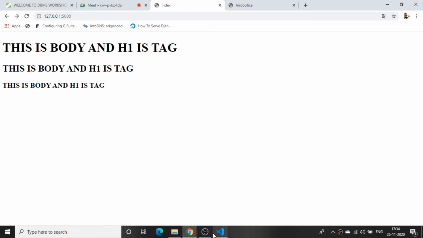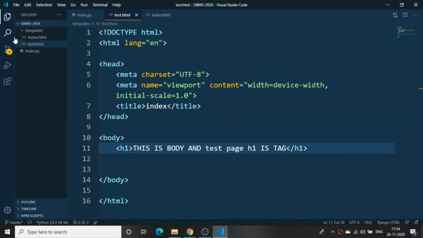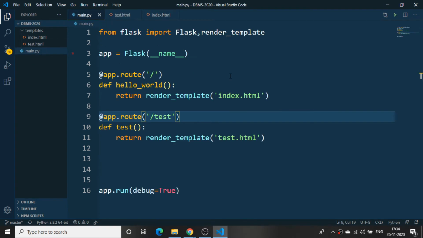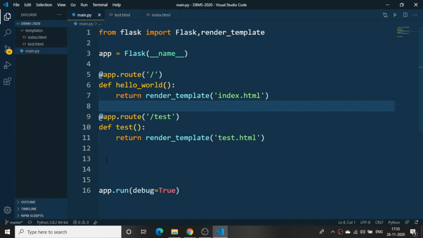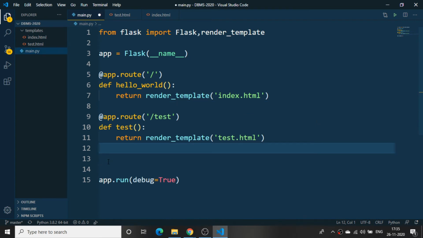Now let's connect our front end with our database. We are now familiar with the back end and how we display the front end by this routing system. We also know we are using the render template function, and we are returning our HTML files like this. Next comes how to connect the database. So let's connect with the database now. I'll introduce the database, and later on we can complete one by one all the stuff we have planned.